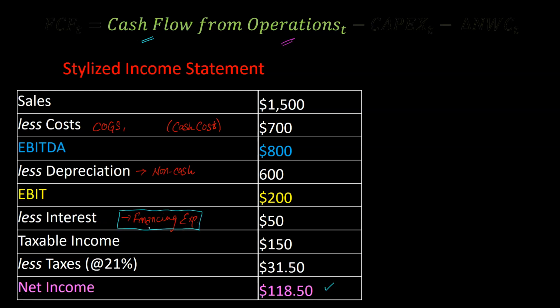As we just said, financing expenses are not directly related to operations. They're more a function of how you chose to finance your operations. We don't want to taint our measure of cash flows from our project's operations by how they are financed. In other words, we want to assess the cash flow earning potential of our operations based on what they're earning before we pay out any other expenses that are related to how those operations are financed, because we just want